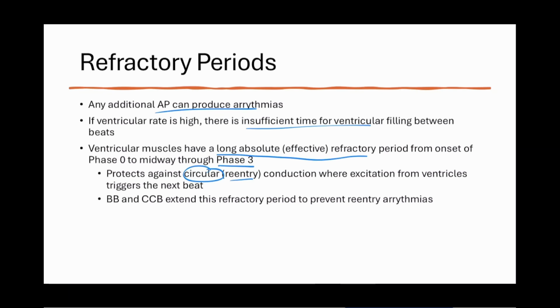And kind of like what happens is the ventricles will stimulate, but then that electrical signal will get up to the atria, causing them to beat, which causes the ventricles to beat, which causes the atria to beat, and that's that cycle. We don't want that to happen because then your heart rate goes like 250 and you pass out. So that long refractory period prevents these re-entry rhythms from occurring. And beta blockers and calcium channel blockers extend that refractory period to prevent extra heartbeats from occurring. So that's how these two drugs work with premature beats and fast heartbeats.